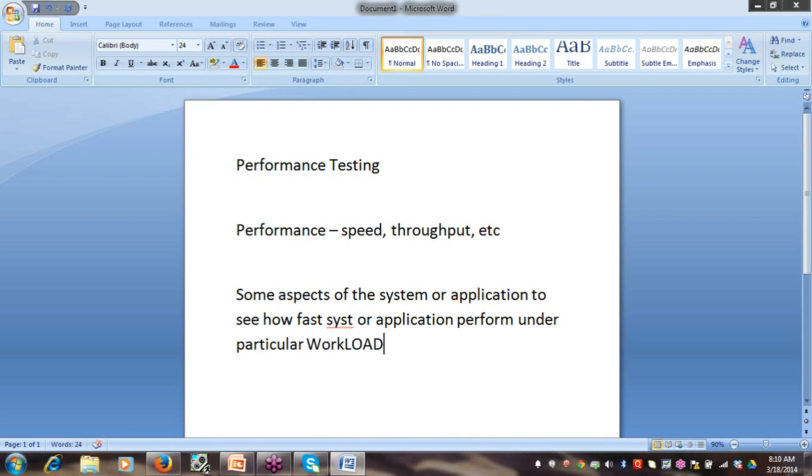See, this is very important. Workload. I will let you know what this term means, but these are some of the terms, speed, throughput, workload, that would be used in performance testing.